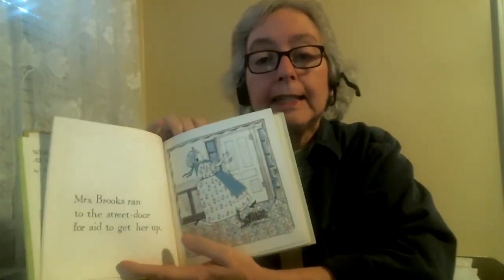It's in very simple text, obviously. And this is a vignette from one of Henry's neighbors. Somebody fell downstairs. Other people tried to help the person. They fell in puddles. It's a comedy of errors story, all right? Didn't happen to Henry. It happened to somebody in his neighborhood, and he heard about it and wrote about it